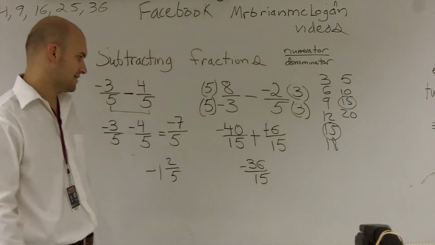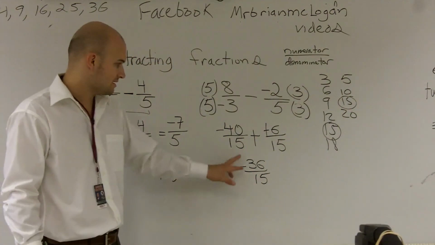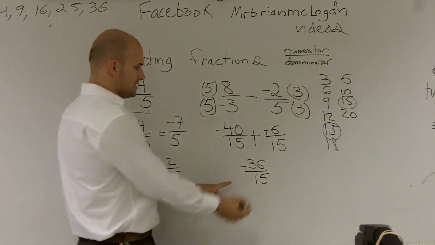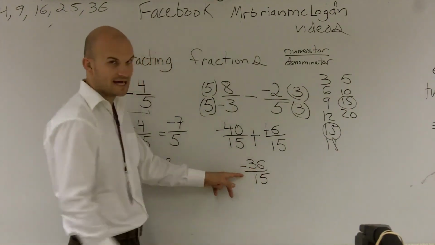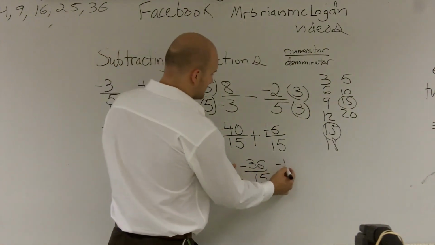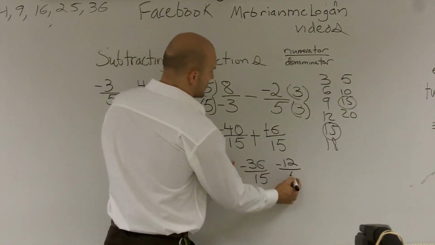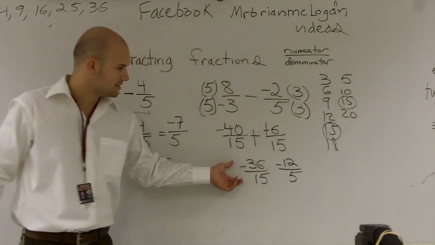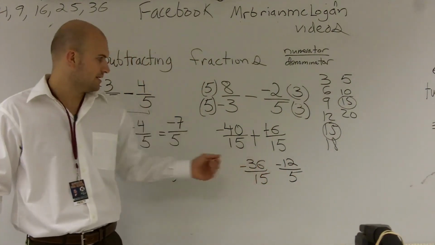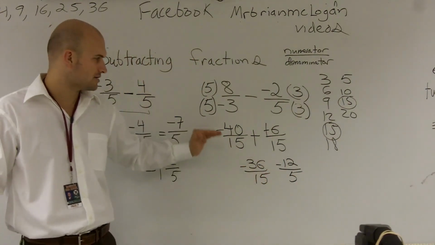And I look to see if I can factor this out, and I can. I can divide the top and the bottom by 3. 3 goes into the top negative 12 times, and into the bottom 5 times. So make sure you always reduce your fraction, and make sure, guys, when you're dealing with subtract or negative or